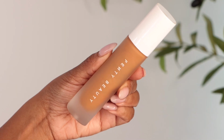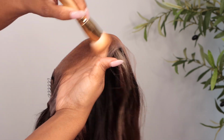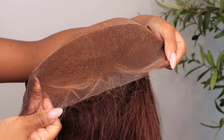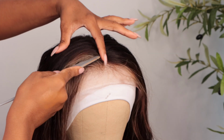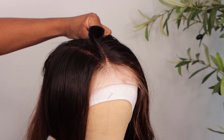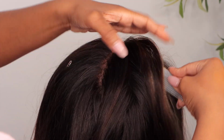So the knots are super thin, and this lace is thin. Even though it is pre-bleached, I am going to apply a little bit of foundation to the front of the closure area just to make sure that it is even more cohesive to what I'm trying to do. So it has a really nice amount of parting space, which I always like with RPGSHOW wigs,